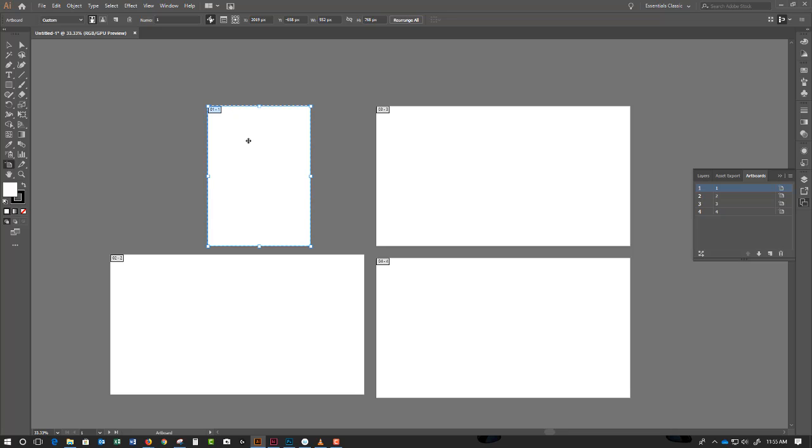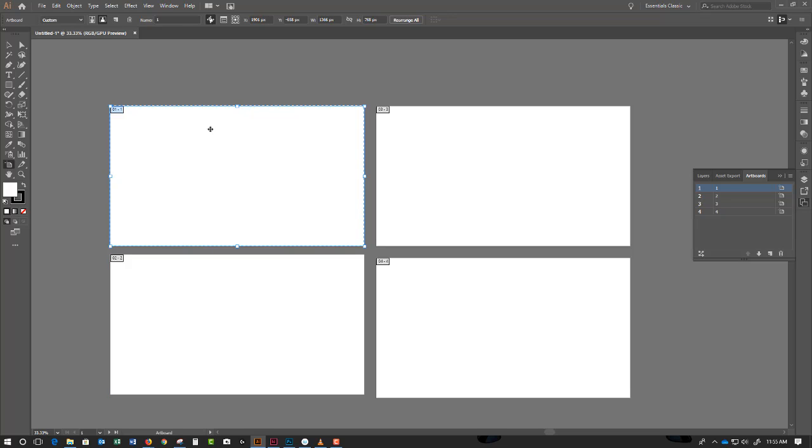Alright, so this is how you can move an artboard around. You can control the order right over here in the artboard panel. One thing that you might find kind of interesting, I'm probably overthinking it, but if I were to get an